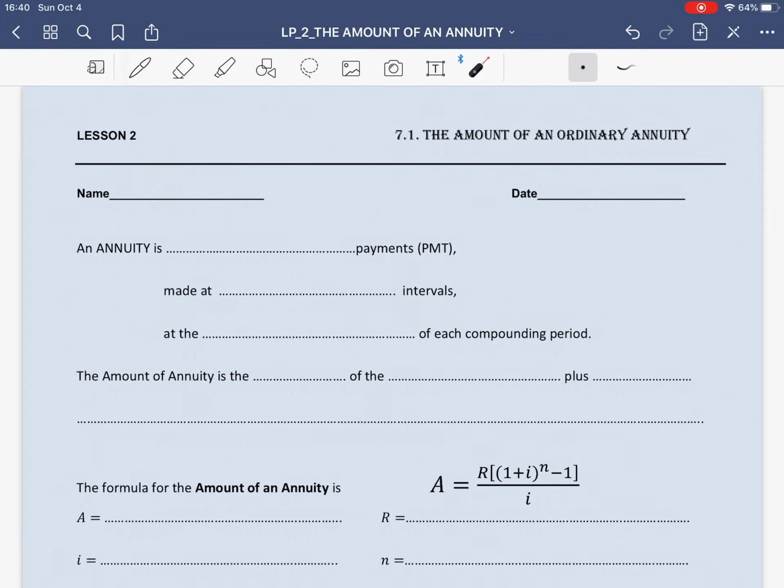Hello and welcome. In this video, we will talk about the amount of an ordinary annuity. This lesson has been prepared for students who are taking the Grade 12 Foundations of College Mathematics